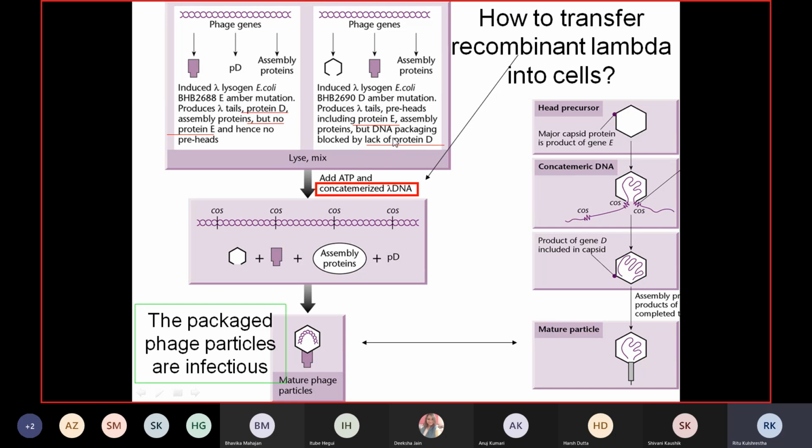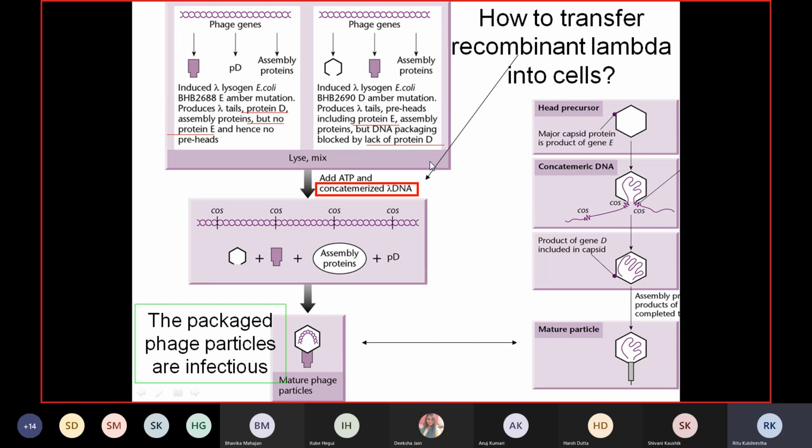Similarly, if there is a lack of protein A, there are different mutants which are available. If protein A is not there, then it will not package its own DNA. But you can see that it has all the other things which are ready for assembly. So in this case, one strategy is that they take the lysate from this